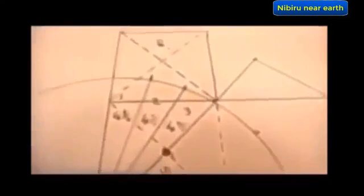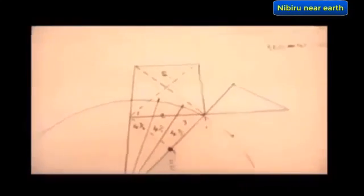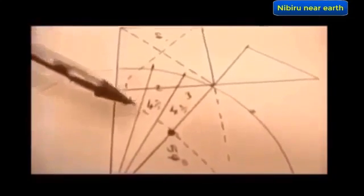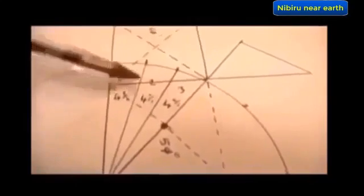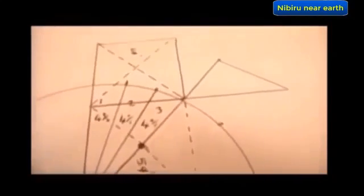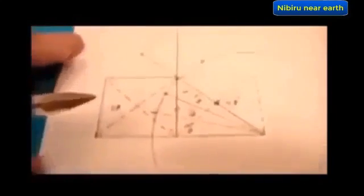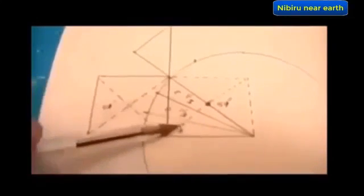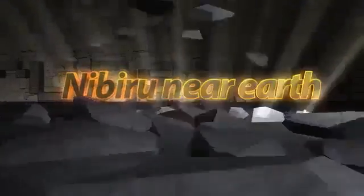First of all, I've been messing around with a few things. I wanted to know what 4% of 360 actually looked like, and you can see there that there is more than one proportion of 4%, or what would be 14.4 degrees of 360 degrees. And you can see the three there that I've put down, there's a reason why I did this. First one is that I measured the angle from the centre to the edge of the 4%. Why did I use that? The reason why I used that is because if we look at where the King's Chamber is,